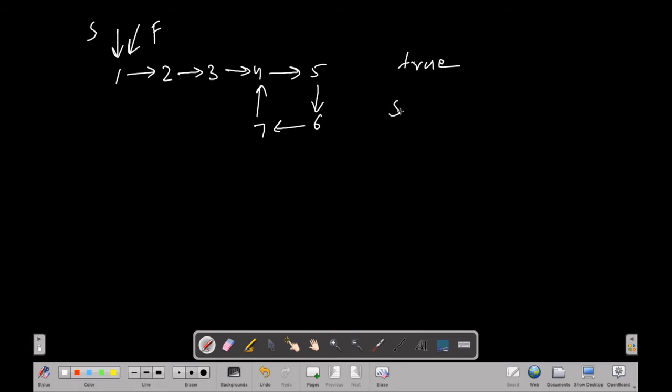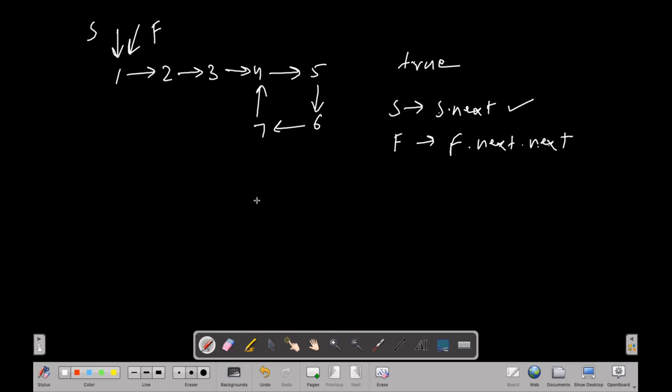Because the slow pointer will traverse as slow dot next, while the fast one travels as fast dot next dot next. That means fast will travel twice as fast as the slow one, which is a normal pointer, and this one will traverse two nodes each traversal.